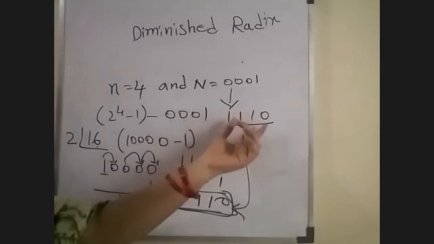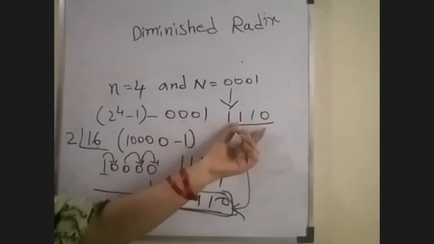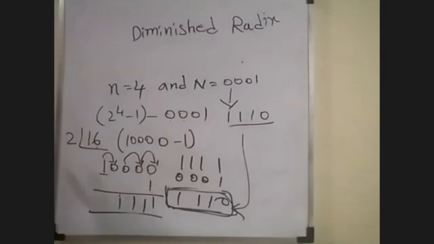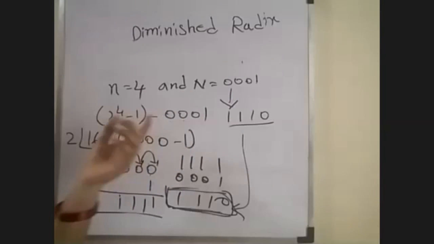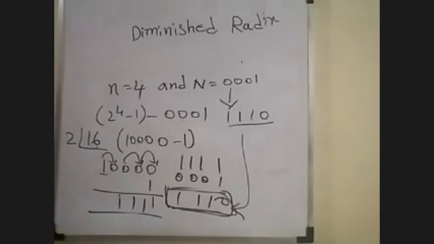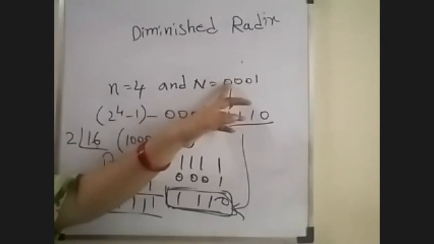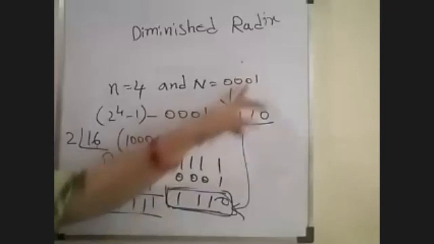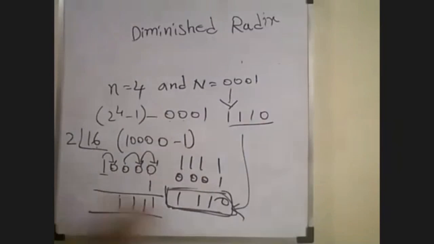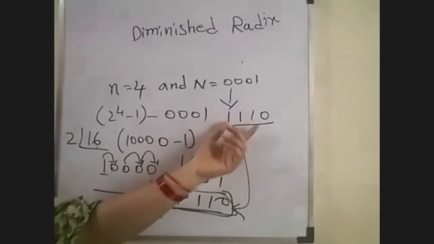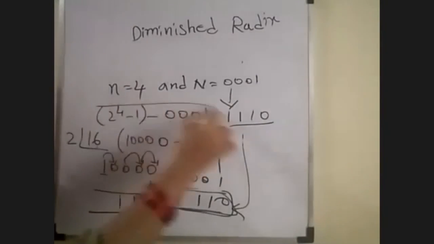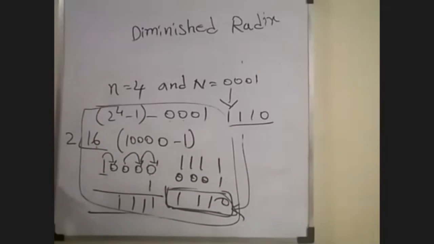Ones complement means whatever the value is, ones are converted to zeros and zeros to ones, and we simply get the ones complement value. But this is the procedure, and this is the easy method you can remember. In the exam you can directly write one sentence: ones complement means we change zeros to ones and ones to zeros. By manual method we can tell the value directly, but this is the process going on.